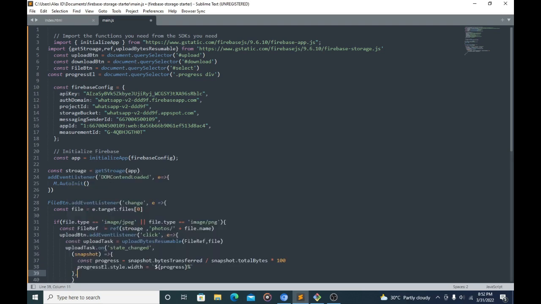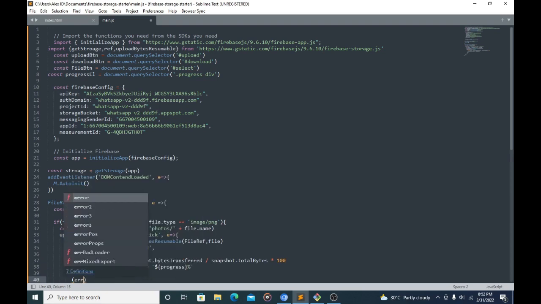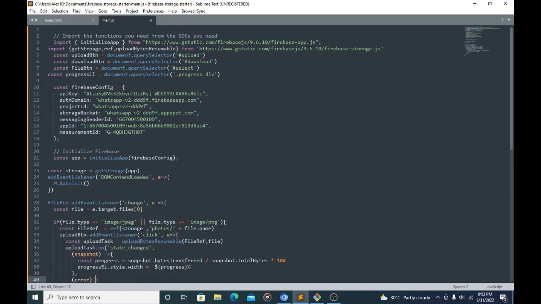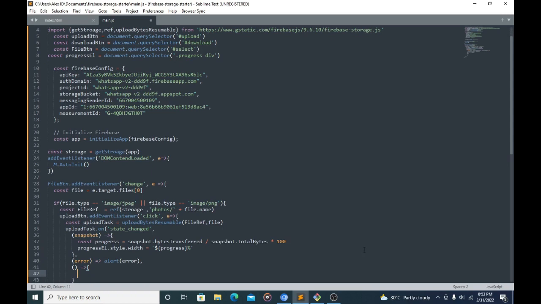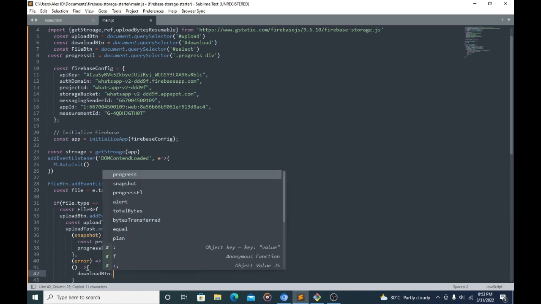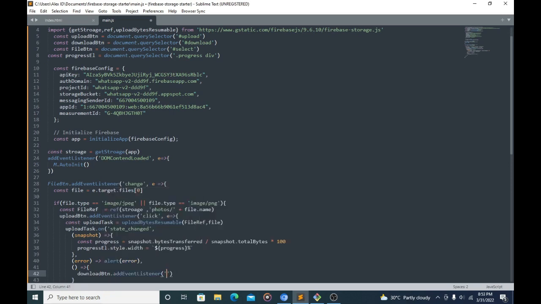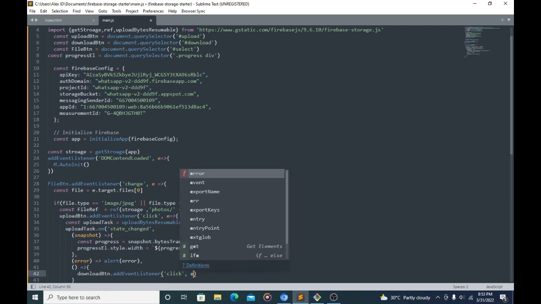Comma. The next function is the error function. If there was an error, we can just alert error. So the last and final function is a function where we get the download URL. And to do that, we have to say downloadButton.addEventListener. So whenever the download button is clicked, or addEventListener, click. So what I'm going to do here,